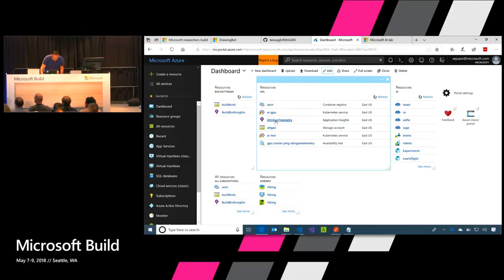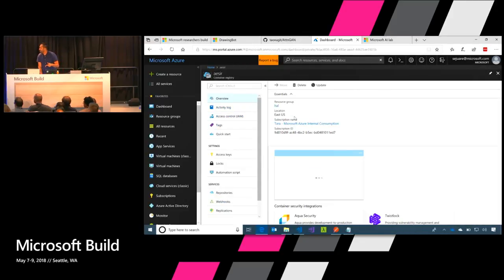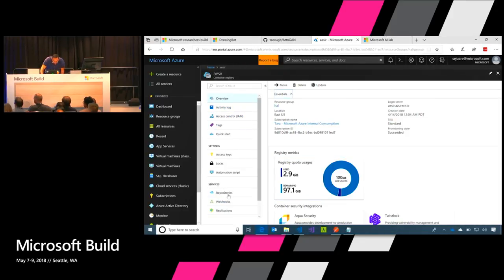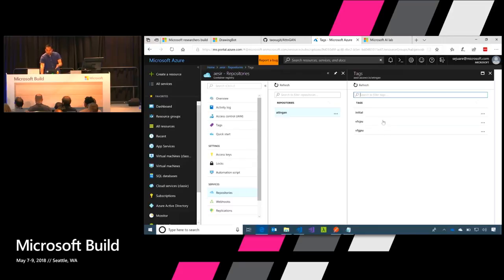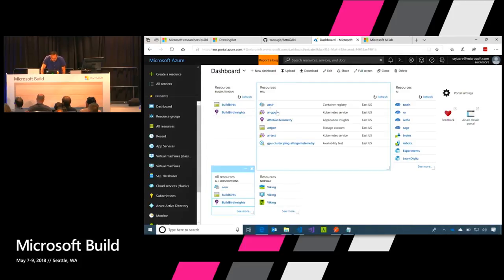You can see I'm using Azure Container Registry to save the actual model. And in the Azure Container Registry, I actually have a CPU version and a GPU version. Oh, it opened it. Let me show you that. Right here, hold on, it's loading. I should have wired in, but I am wired in. Why is it so slow? Okay, so then I go to the attention, and you can see I have the initial version, a CPU, and a GPU version. And then all I need to do is dump this into a Kubernetes cluster.